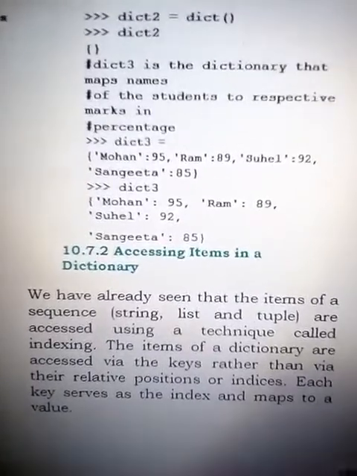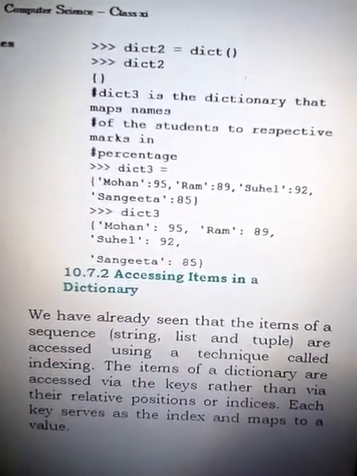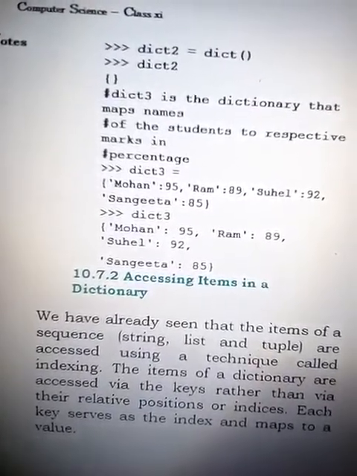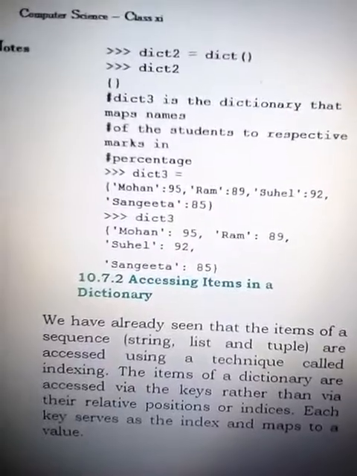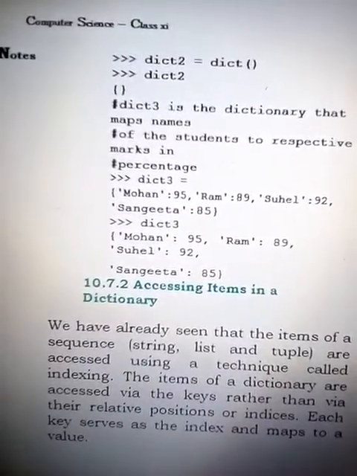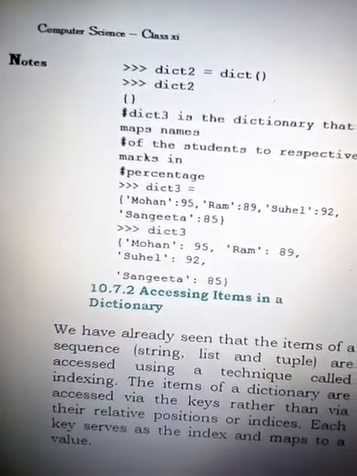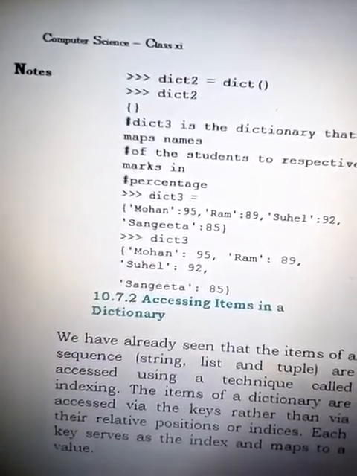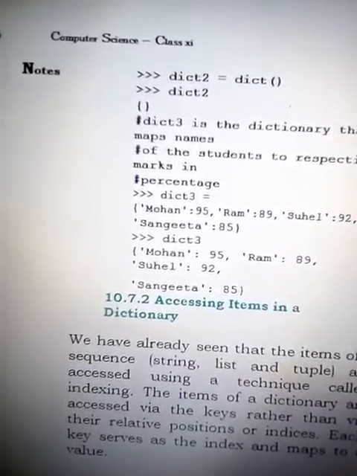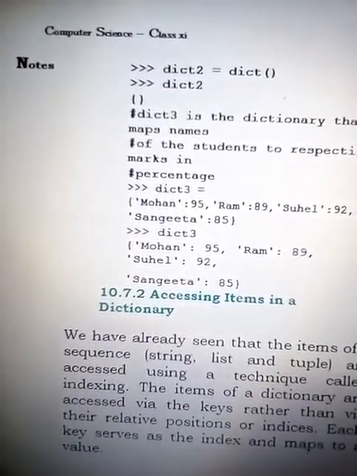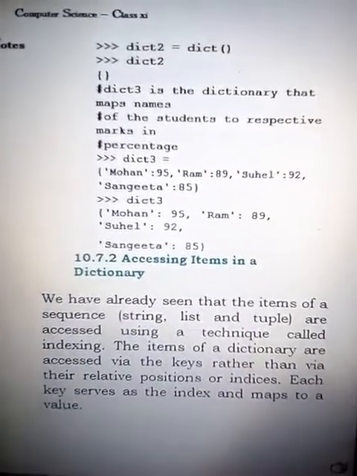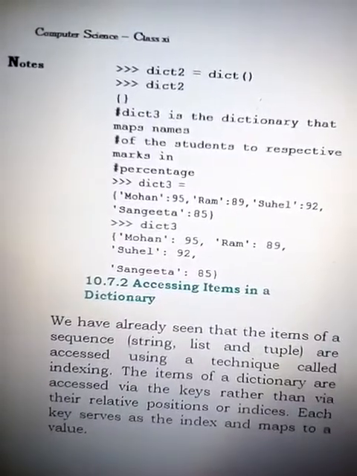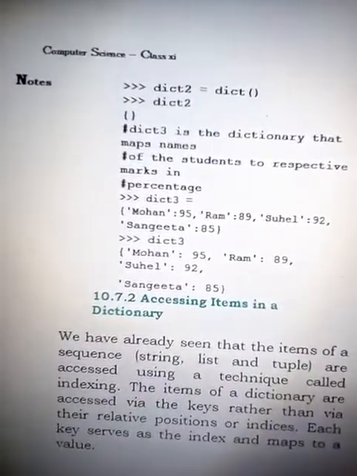As we know, indexing we are using in string, list or tuple is by default starting with 0 and going up to length minus 1, and in reverse order also. But here it is something different. Indexing is based on the keys itself, because it does not use the 0, 1, 2, 3, 4 indexing format here; it will take the keys themselves as the index. So we have to pass keys in terms of indexing of this dictionary. Let's see how to do it.